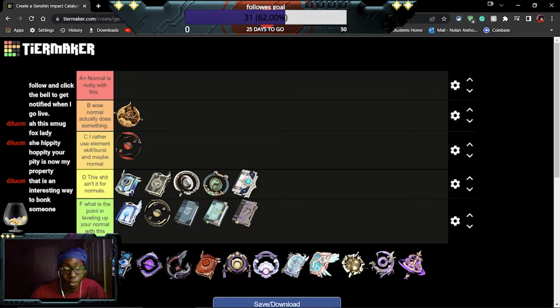Now, next thing that I'm going to say is the Widsith, with a substat of crit damage, and every time your character that has this weapon is on the field, it does a rotation between 3 different passives. So you either get attack, element mastery, or element damage. Now,